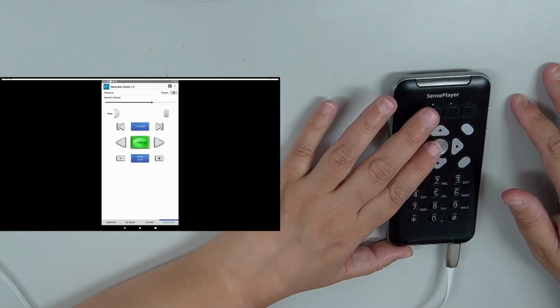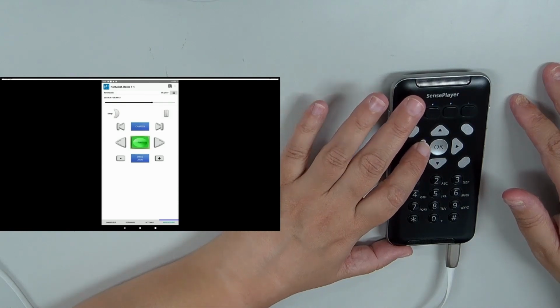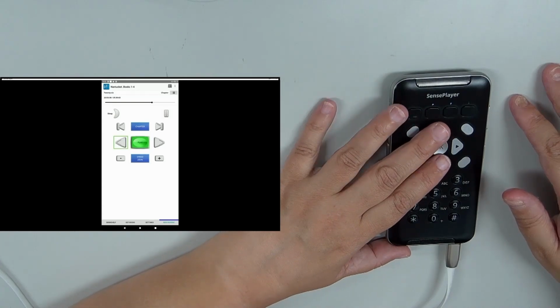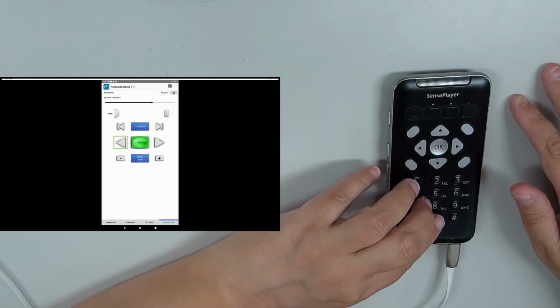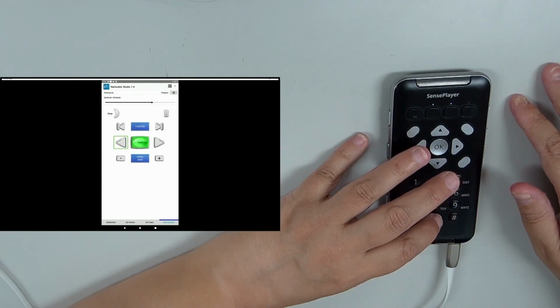Now, there is another thing that I want to show you in Bard Mobile that's somewhat specific to this app, but can be included in other applications as well. I'm going to press the left arrow. Button rewind. Now, the rewind control in Bard Mobile works similarly to our cumulative time movement in Daisy Audio, in Media Player, when you press and hold the left or right arrow. We don't use it quite that way in third-party apps. We emulate sending a start and stop hold with the number 0 in third-party apps, but it's basically the same function. So if I press the number 0 right now, back 20 seconds, back 1 minute,